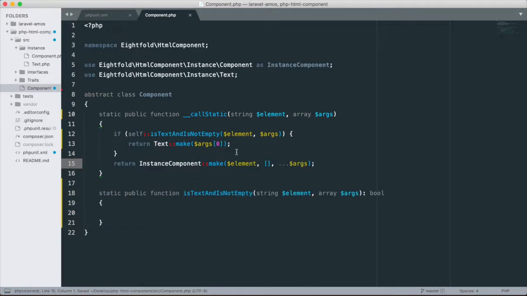And so that makes it just a lot cleaner, and it's easier to read. Is text and is not empty. Go ahead and make it using this class. So it becomes a cleaner